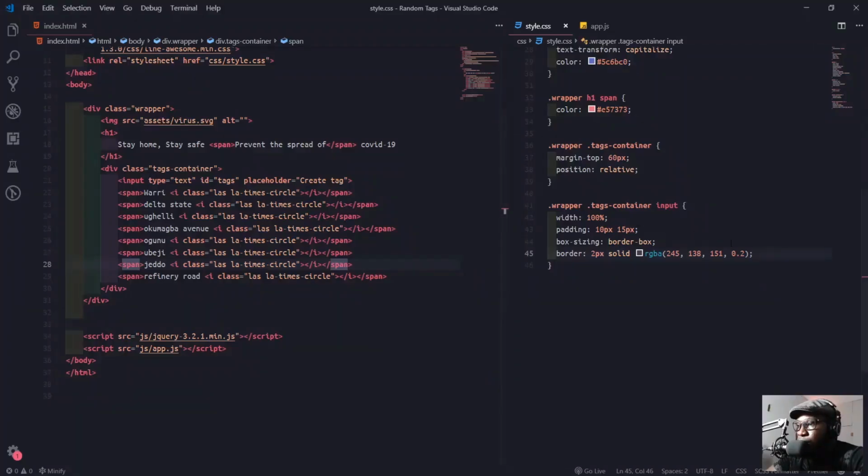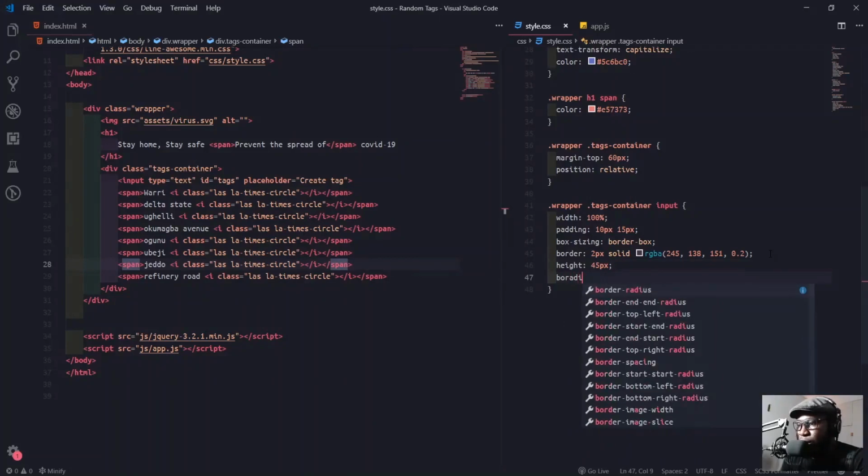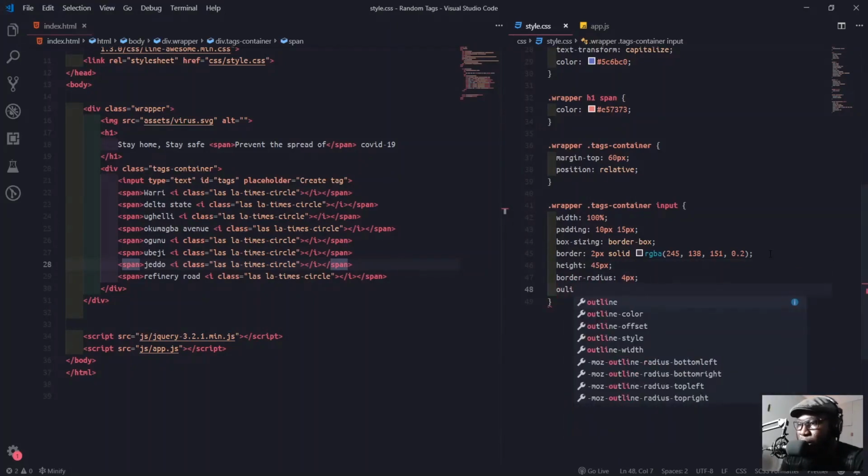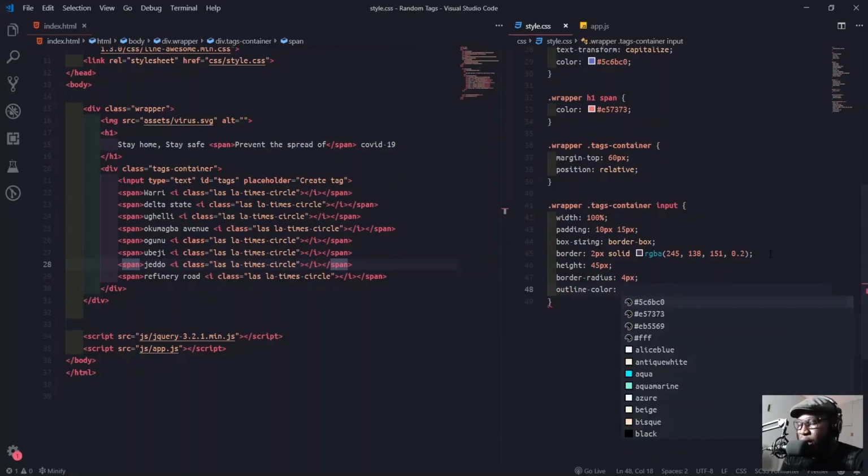So after I finish the border, that's what we'll do now. We'll give a height. The height now will be 45 pixels. Then the border radius will be 4 pixels. And outline color, so that by the time the input is active, that color will be the border, you get.